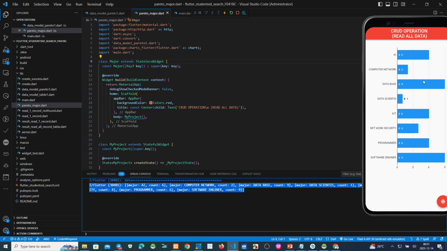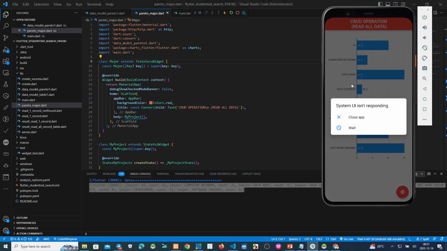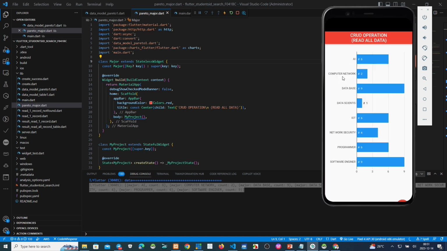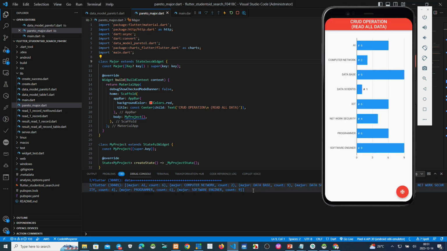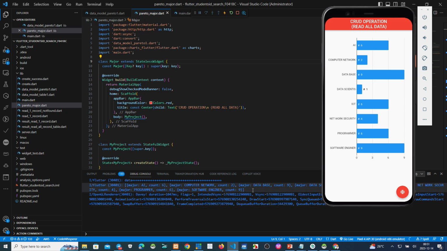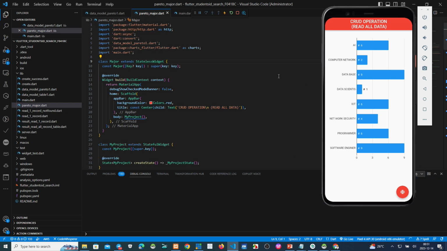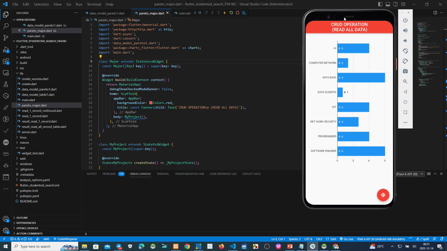We have every field here, but on my Flutter we need just field by field. So this data is converted from record to field.